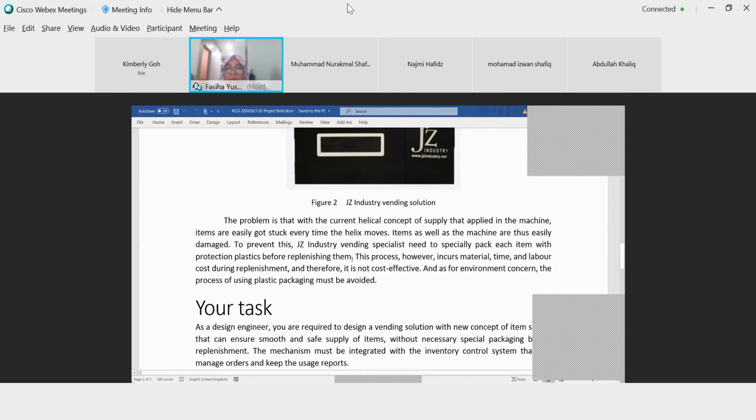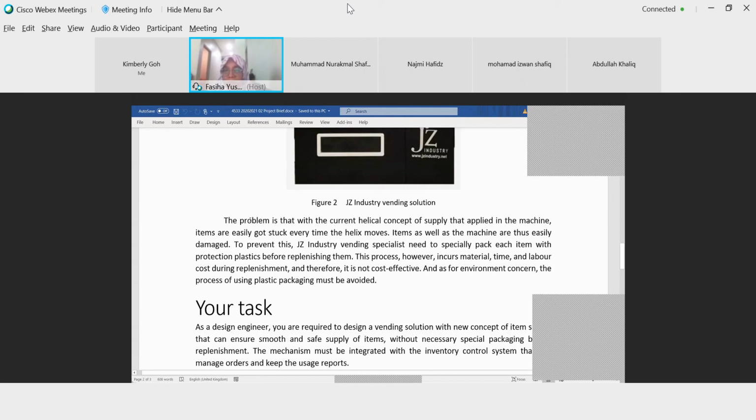They decided to pack each item with plastic to avoid damage to the product. This process, however, incurs additional material, additional time, additional labor cost. It is certainly not cost effective. And as for the environmental concern, the use of plastic packaging must be avoided.